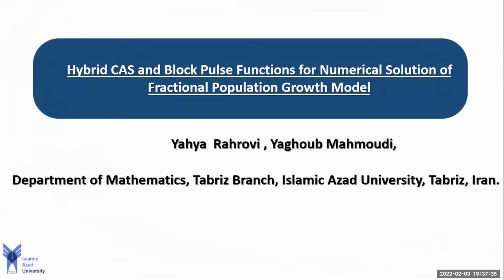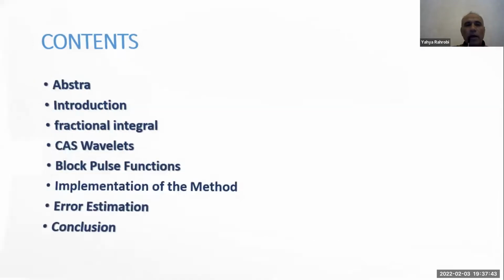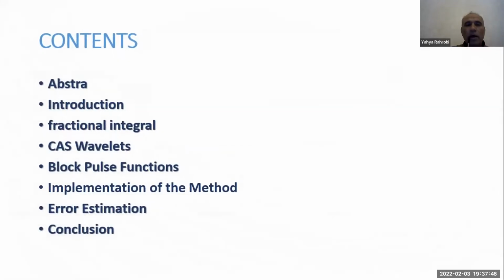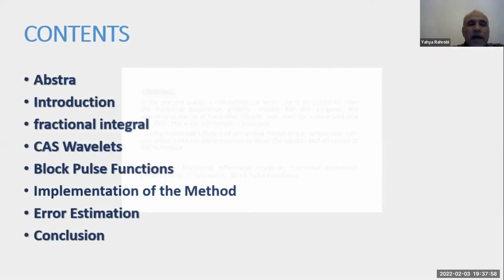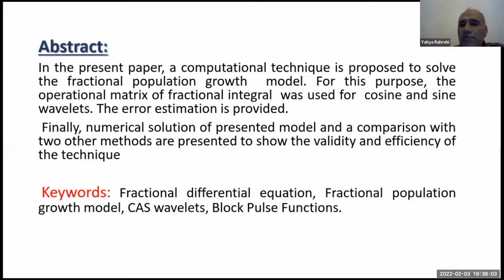Title: Hybrid CAS and block pulse functions for numerical solutions of the fractional population growth model. Contents: abstract, introduction, fractional integral, CAS wavelets, block pulse functions, implementation of the method, error estimation, conclusion. Abstract: in the present paper, a computational technique is proposed